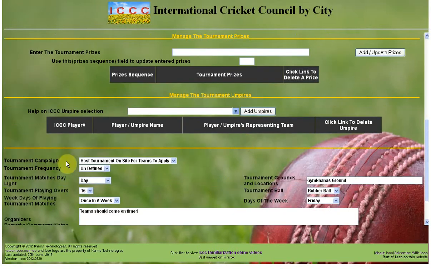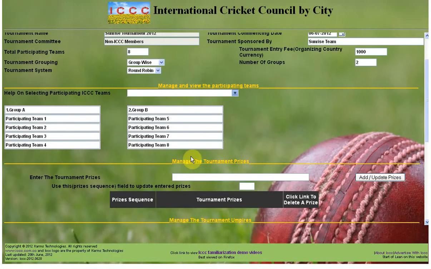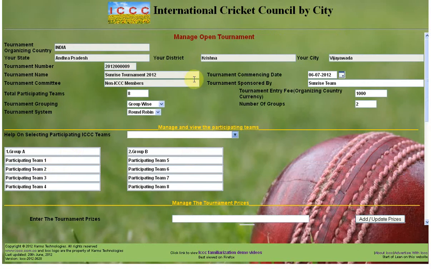As per our campaigning, it says host tournament on site for teams to apply. Once the tournament is hosted and teams start applying, these participating teams, which are simulated by the system, will be replaced by the actual participating teams, from 1 to 8, all the eight teams.